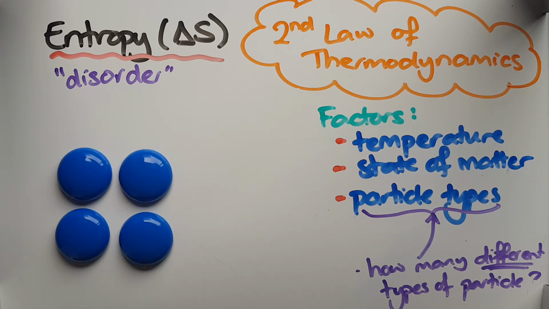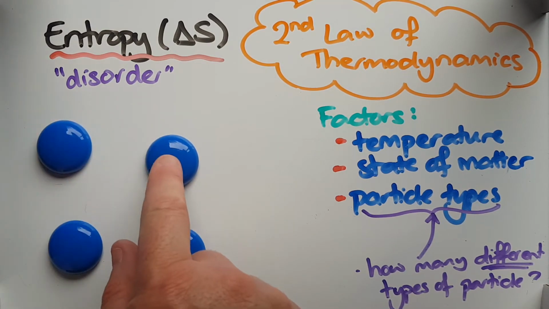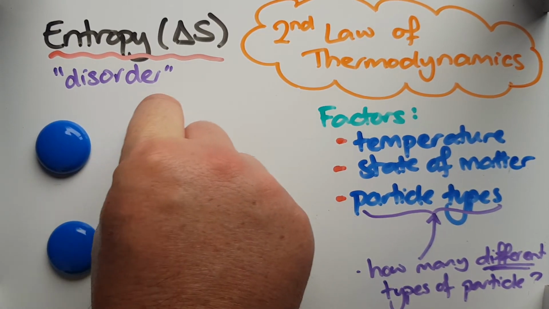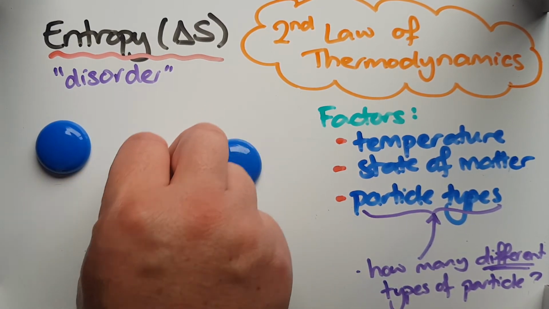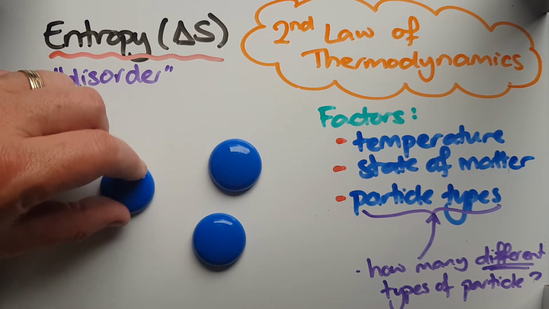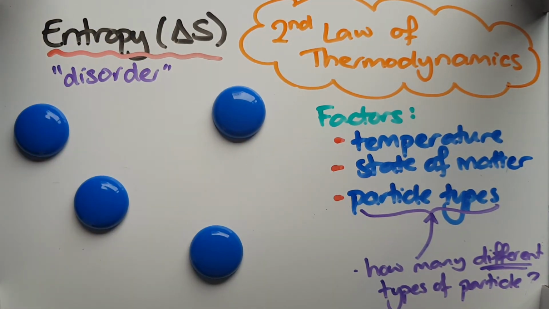The second of these is taking that temperature increase a step further. When I get to the point of melting, so it's expanded out enough now that I can start breaking bonds and these can start flowing. Of course, they're going from vibration to flowing. Flowing is much, much less organized, much more disorganized or disordered than vibrating a lot in a solid.